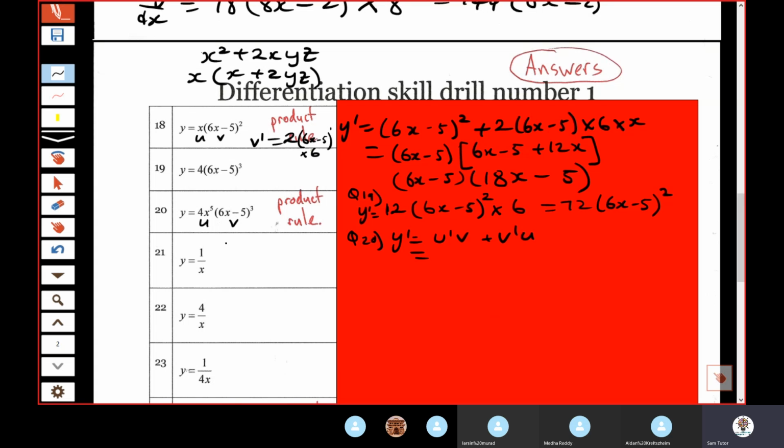Nikki, you want to try this one? 20x to the power of? 4. Yes. And then v, (6x minus 5) cubed. Okay, plus v dash now. 3 (6x minus 5)